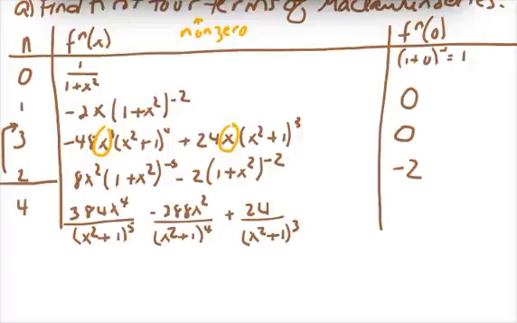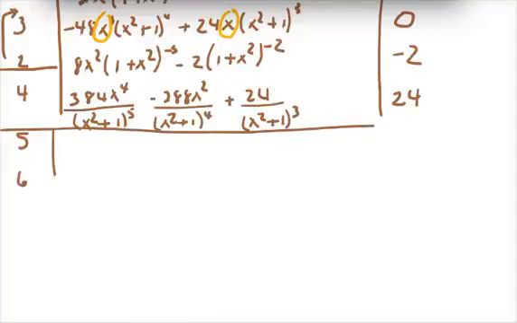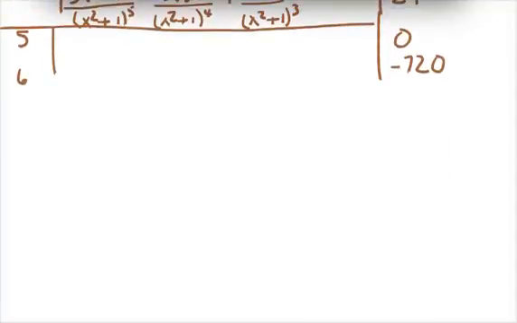When n is equal to 4, this is 24. And when n is equal to 5 and 6, you had 0 and negative 720. Okay? So, you know, these higher order derivatives got complicated, but using Maple will help. So hopefully you notice that the odd powers here are dropping out. So we have this series looking like,